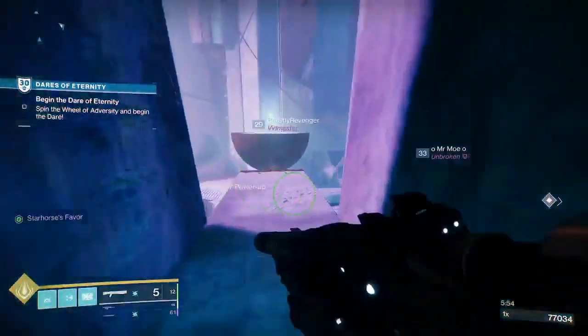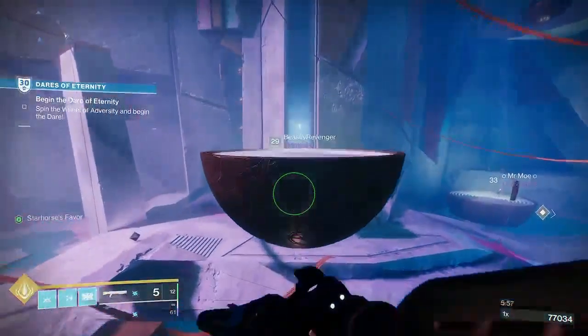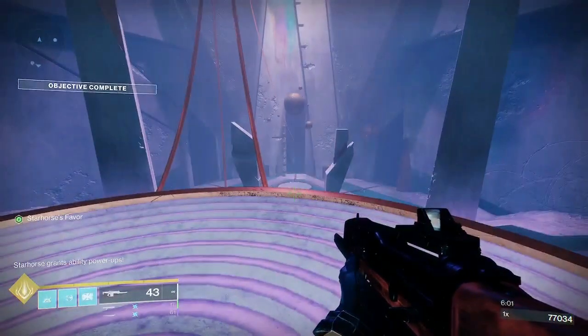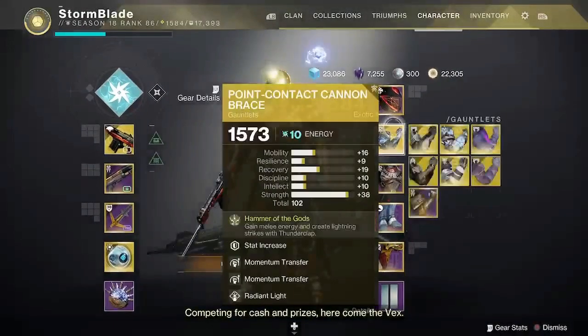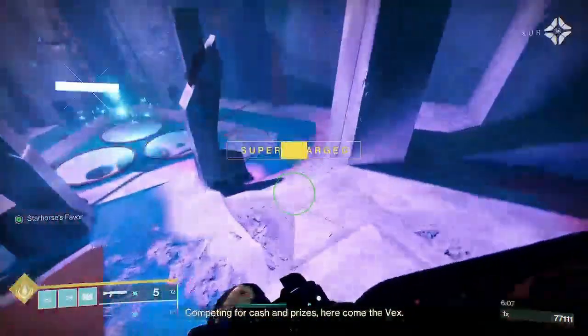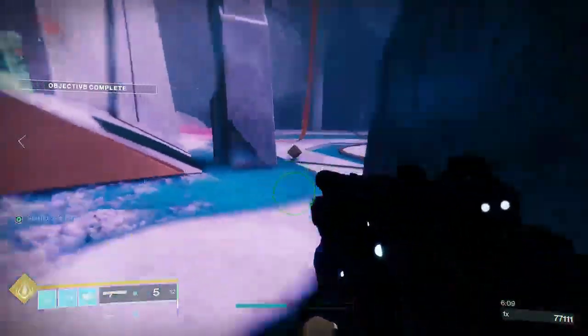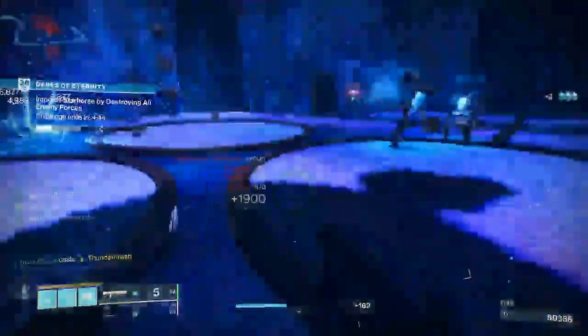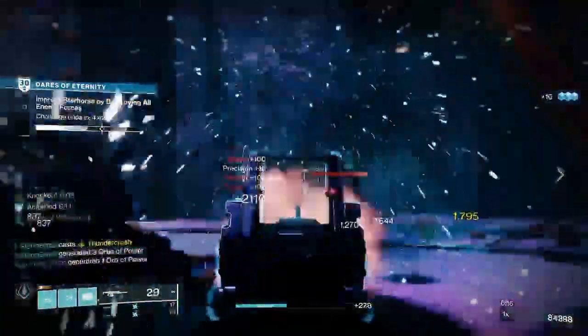More or less, there's not really much else to say. You guys see how it works, how it feeds into itself. You can definitely swap out contact cannon brace for Heart of Inmost Light, but still keep the same mods, heavy-handed and stuff, and you could probably be fine if you wanted to go more for the straight damage